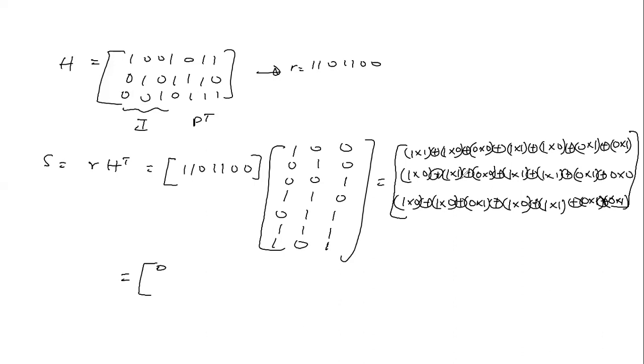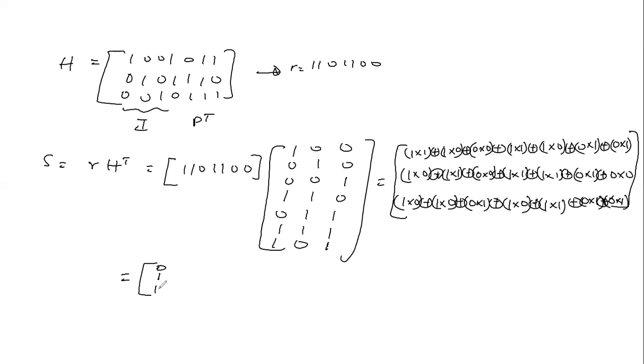So this is 0 plus 1, that's 1 plus 0, 1 plus 1, that is 0 plus 1, 1 plus 0, 1 plus 0, 1. Okay. Then this is 1. This is 0 plus 0 plus 0, 0 plus 0, 0 plus 1 is 1 plus 0, 1 plus 0,